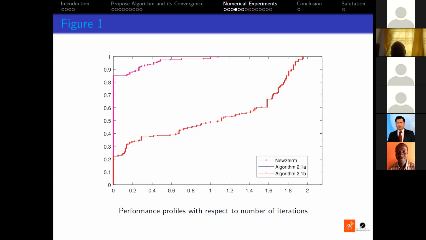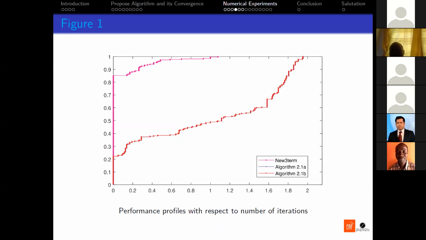So you cannot have the sum of the two percentages be exactly 100%, unless at each problem they have different iteration numbers, with no similar ones. But in this case, in some problems they have the same number of iterations. If the new three-term has 2 iterations, maybe the rest also have 2 iterations. So in that case, it is a tie. That is how this graph actually works. But that does not show divergence. It's not divergent.